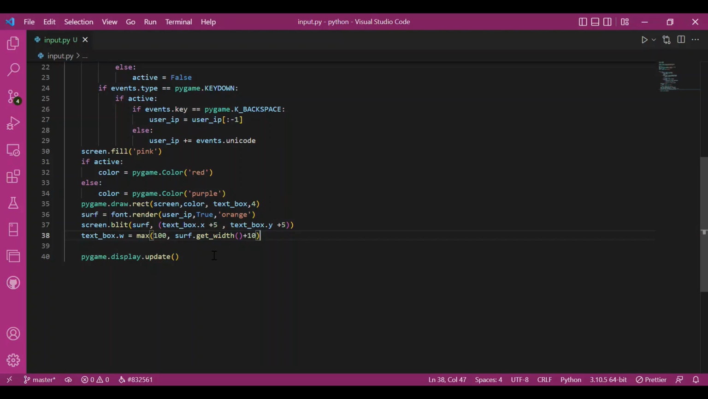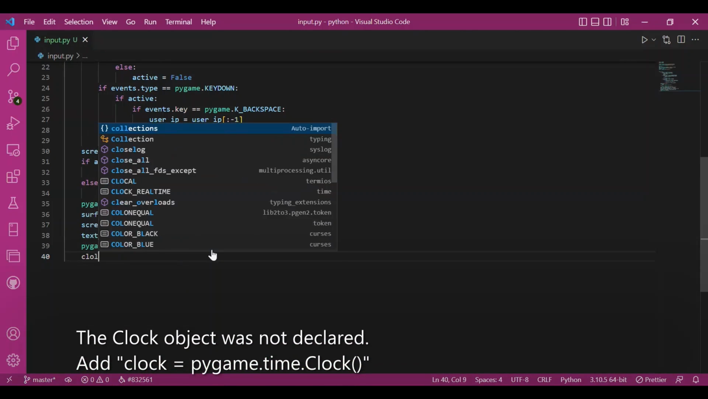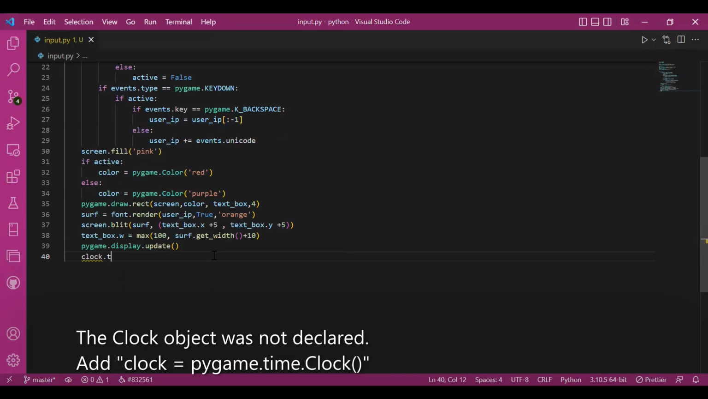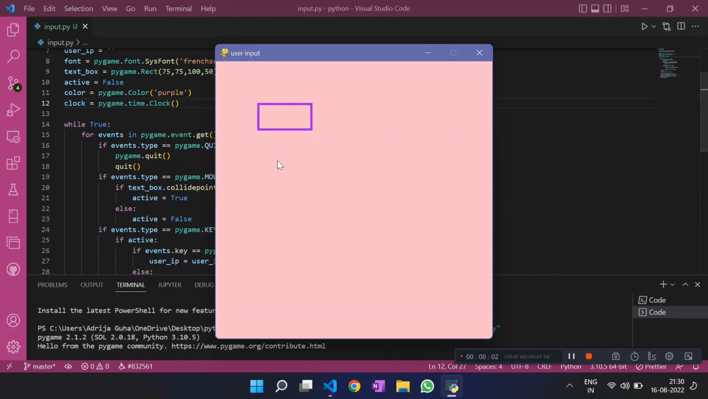And then I'll update this. I've already written this. And then I'll set up the frame rate. Since I've taken the clock object already, I'll write clock.tick(50). Fine. So if I run this now, I see a purple outline box, and if I take my cursor inside the box and click, I see the border change its color and become red, and I can start typing now. I can type in anything,